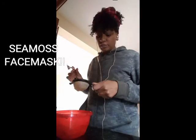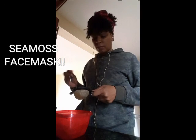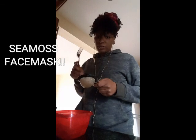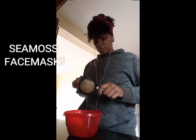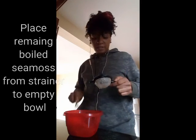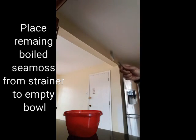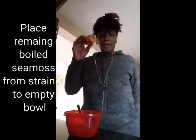Okay, so about the leftover sea moss. You still have your sea moss that's left in the strainer, the pieces that were too big to slide through. You can reboil these if you want to, boil it down a little bit more, add more water, make more of a gel, but I like to use it for something else. So we're going to take the sea moss, put it inside of a bowl, and we're going to add